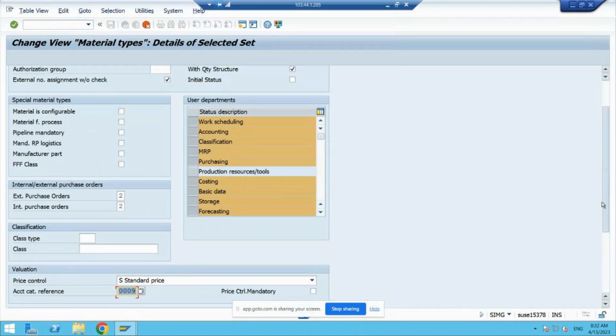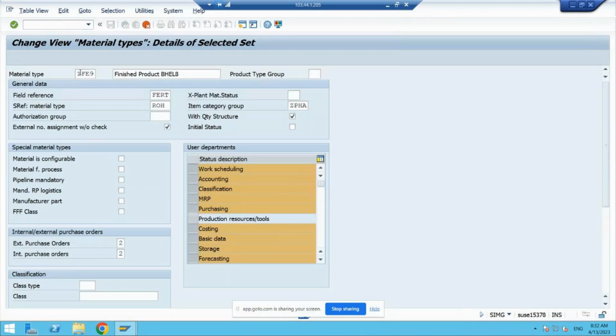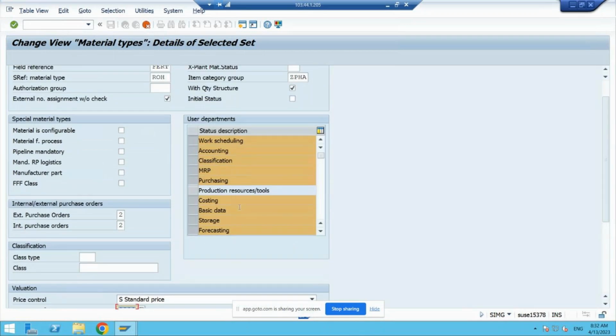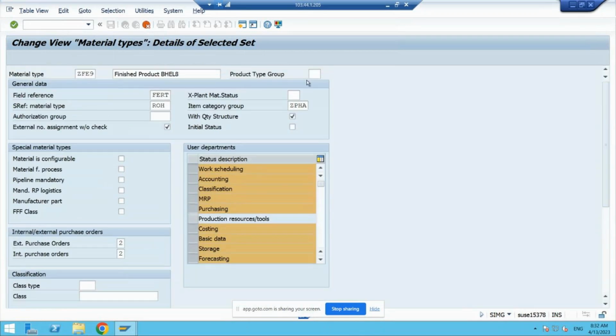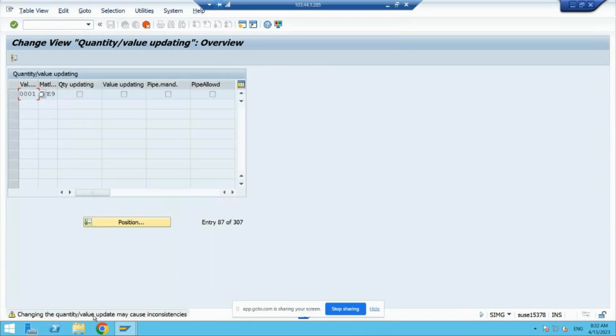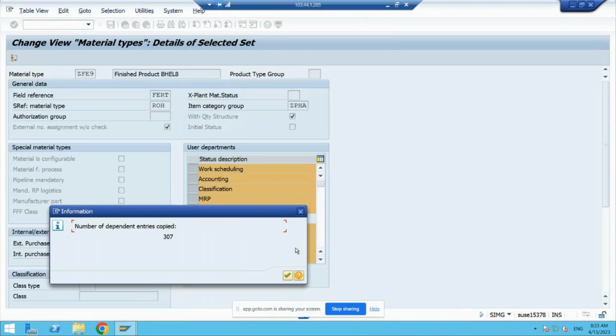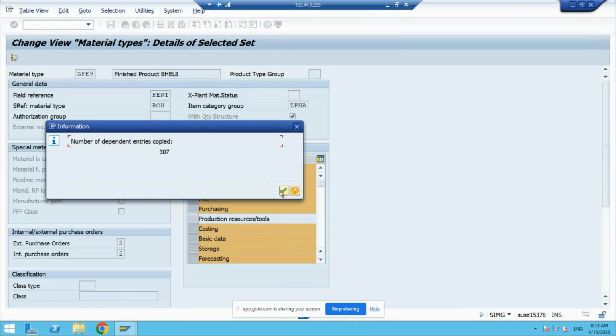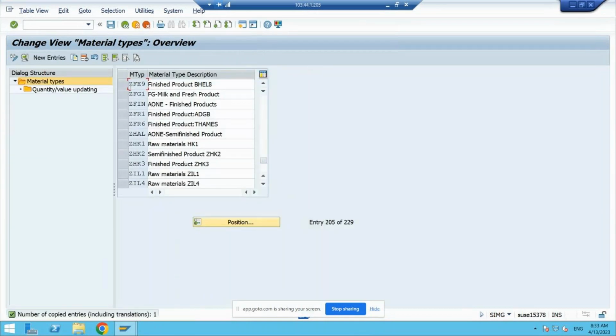So what did I do? I just changed the material type description and code, and I checked the price control indicator and the user department, whatever is required for the finished material type, and then pressed enter. Again the same message, changing the quantity value update may cause inconsistency. Then press enter. Again 307 data has been copied, then continue. So now a new material type is created. Same thing, select it,